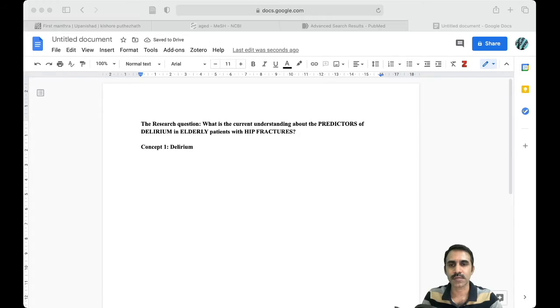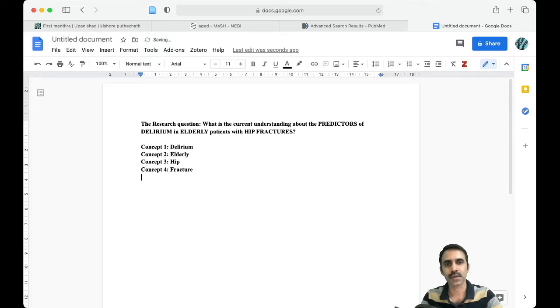So our first concept is delirium. Second concept is the elderly. Our third concept may be hip. Fourth concept may be fractures. We can have a fifth concept that could be predictors.